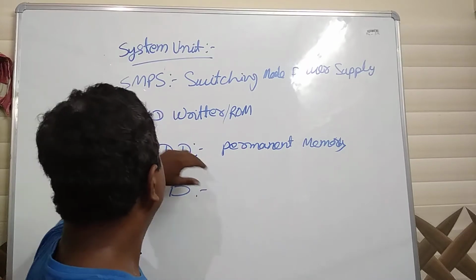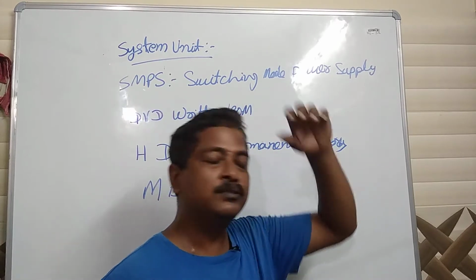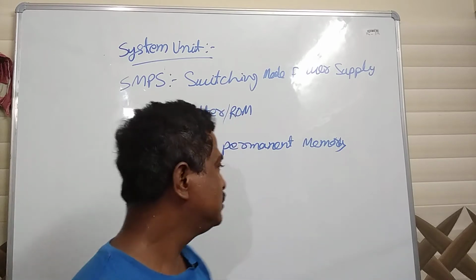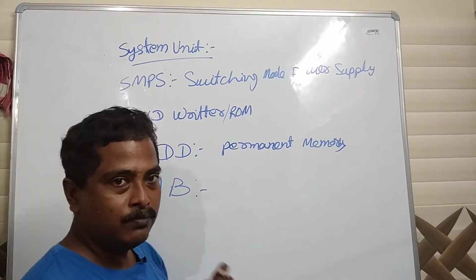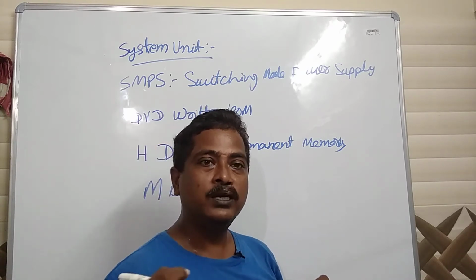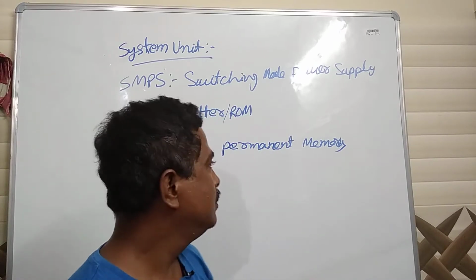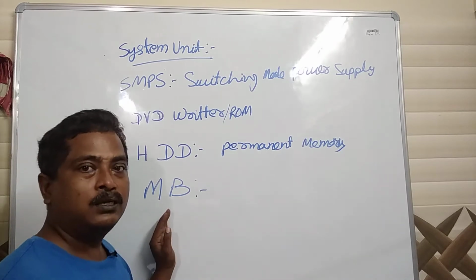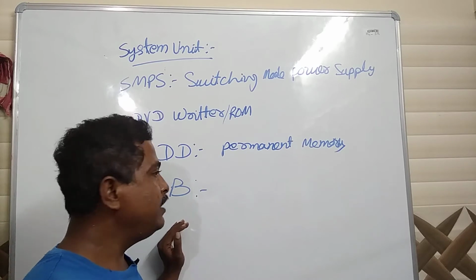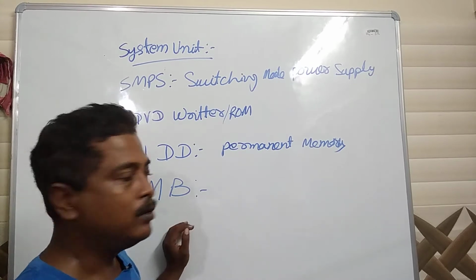Till now, whatever we have seen, hard disk drive, DVD writer, SMPS, monitor, keyboard, all the peripherals, input and output devices, all are attached directly to the motherboard only. From the motherboard there are some ports, USB port, PS/2 port, where you are attaching your mouse, keyboard, everything in the system unit. So this is the major part where the important and very basic equipments of the computer system are there in the motherboard. Now what are they?